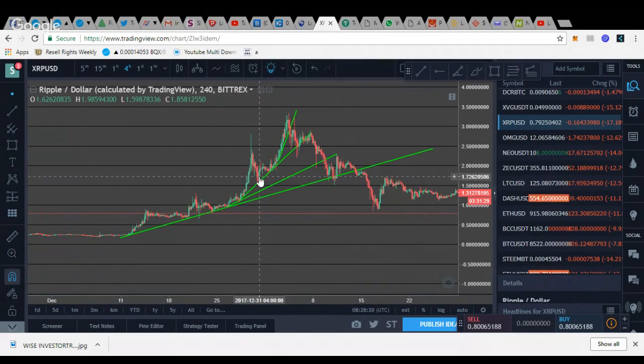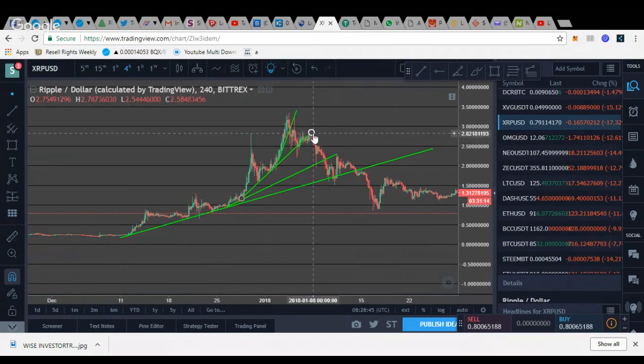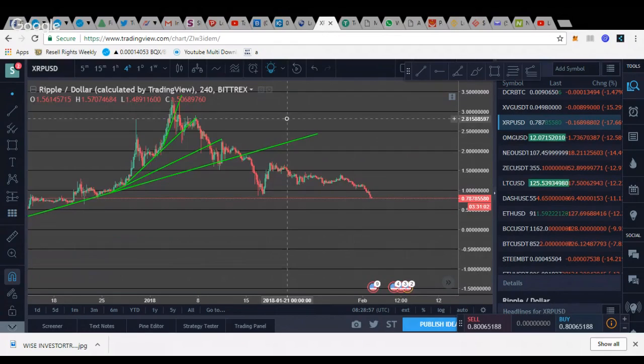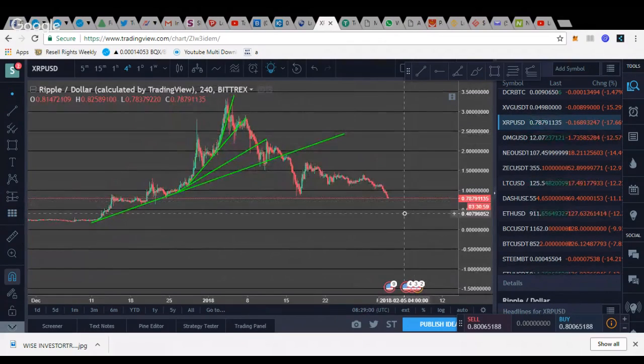It found support here, it goes up, it found support here. Now, for the first time, all these lines, the first time it was broken is here. As it was broken, it found support in the second line and it went up again. It forms this bearish pattern and it comes to the third line. And from here, it breaks back to the fourth line and it went up to the third line again and it breaks again. So this is where we are now. So all you need to do now is drop your support and resistance.